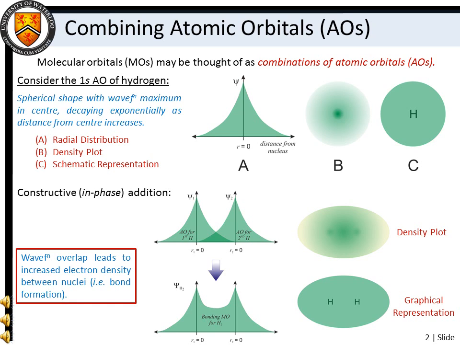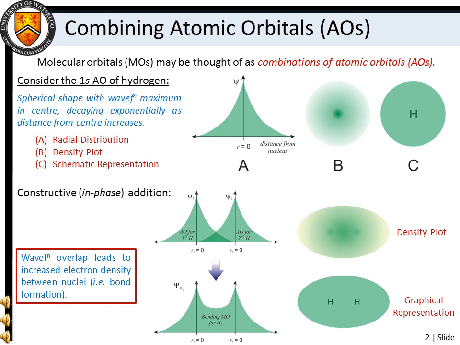We know that the 1s atomic orbital has a spherical electron density distribution that is most dense at the nucleus and decreases exponentially with radial distance. We can picture this as a density plot or in terms of the radial distribution. If we bring the two hydrogen 1s orbitals together, the wave function from each atom can overlap between the nuclei